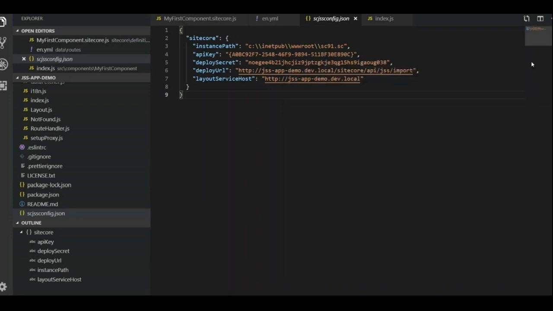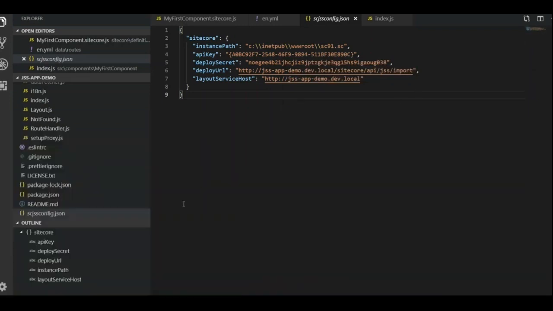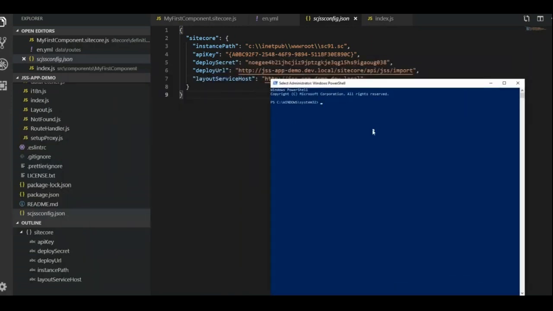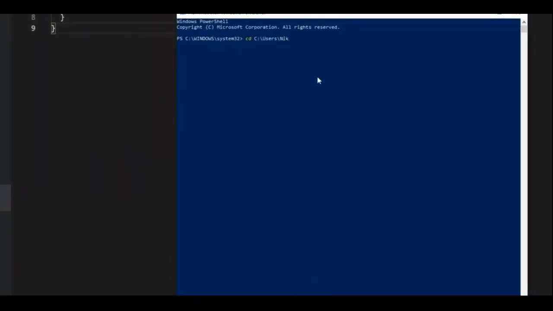I'm going to the app demo and deploy config.